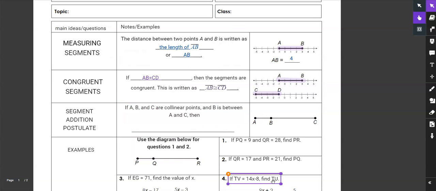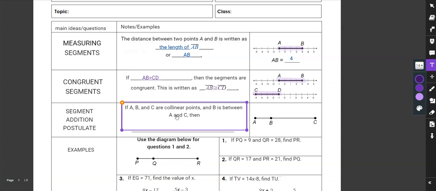Okay, now we're going to move on to the segment addition postulate. You may remember that when we did our vocabulary lessons, we stated that the segment addition postulate is essentially that the lengths of two segments can be added together to get a longer segment. The fancy way of writing it is: if A, B, and C are collinear points, and B is between A and C, then